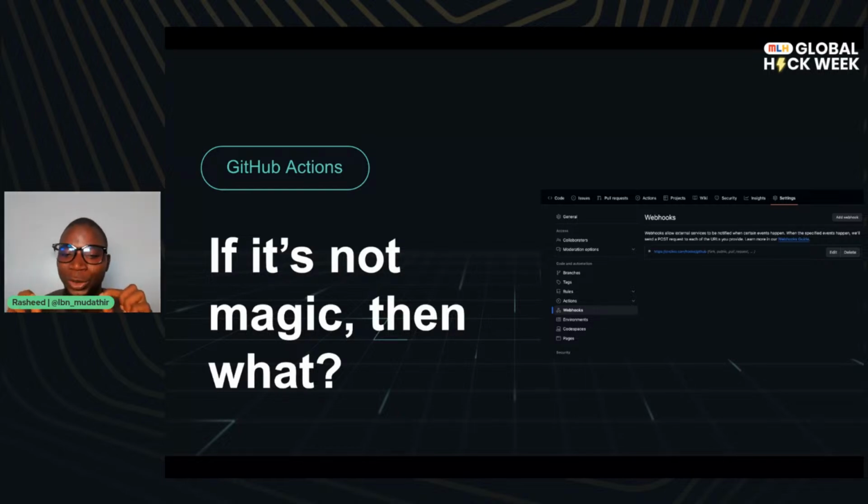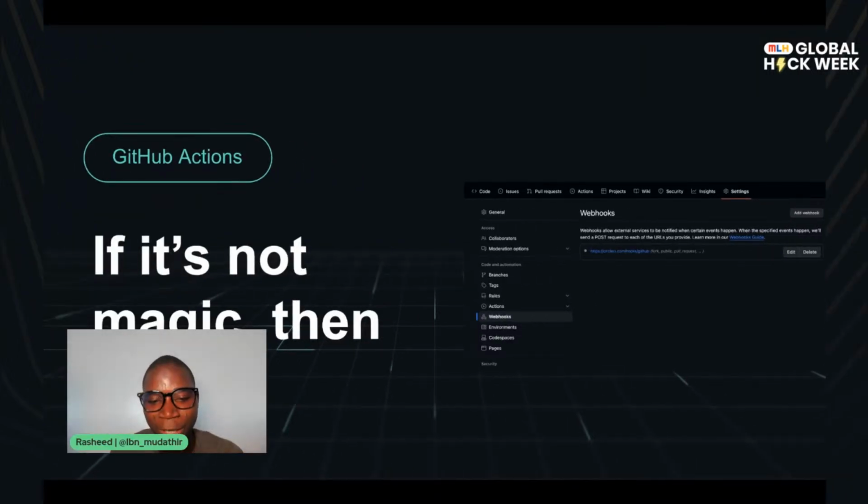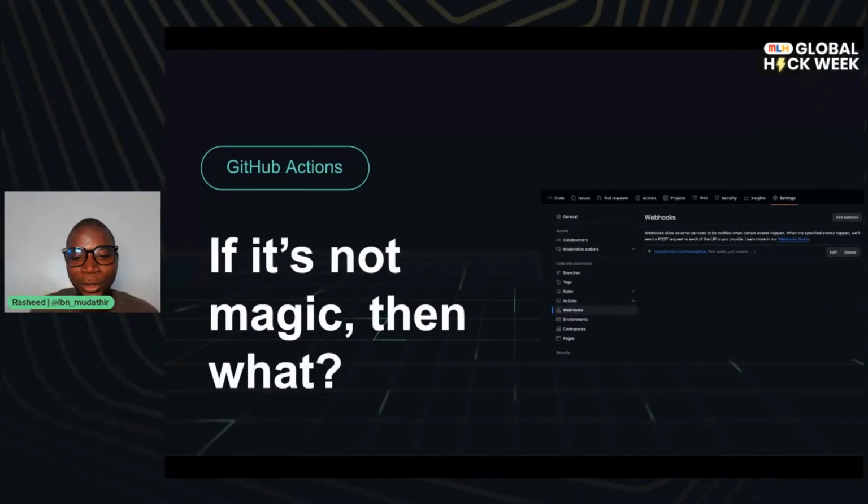That webhook is listening to every event on that repository: push events, pull request events, and many more. Every event that happens on my repository, it is the webhook created by CircleCI that the CircleCI engine uses to know what is happening on my GitHub repository.